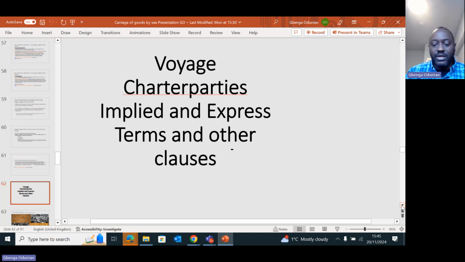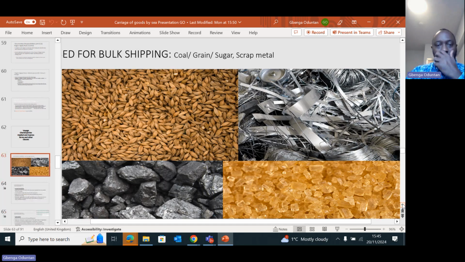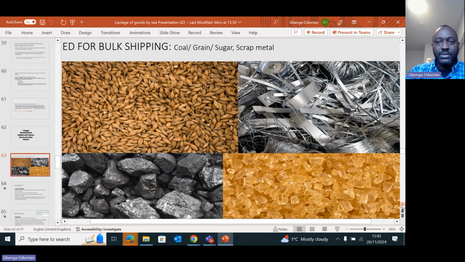The entire ship is not owned, certainly not owned, but is now under the control and use of the charterer. As I said, this is used for bulk shipping,